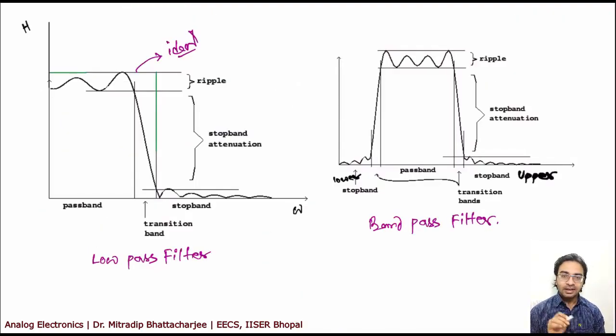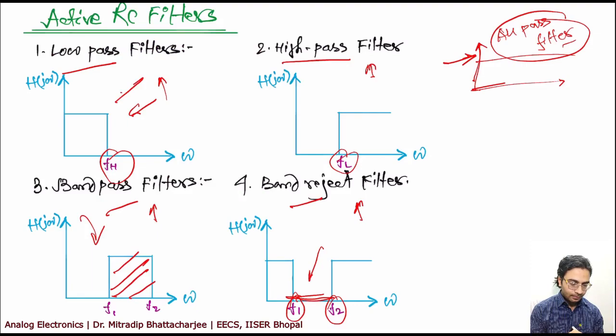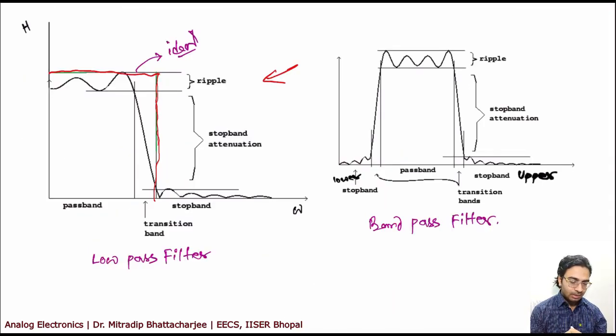If you see the filter characteristics, this is a typical filter characteristic for a low pass filter. Ideally the characteristics should be something like this, as shown. There should be a cutoff, as I showed here. In the plot it is shown that after a certain frequency there should be a sharp cutoff, but in practice you will see this type of sharp cutoff is not possible. We will discuss that in a while.